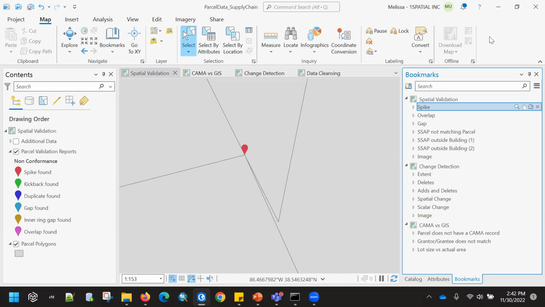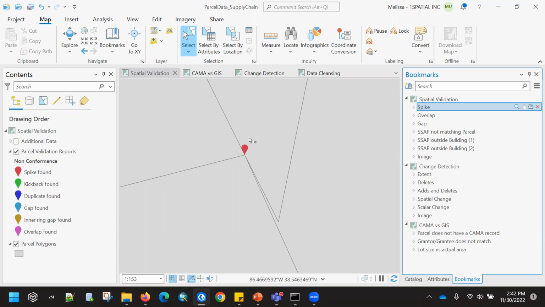I do want to mention, I didn't run all of the validations that I mentioned live, but I did run all of the workflows beforehand. So before we jump to the CAMA versus GIS parcel results, I want to start with the more basic validation results. I have here some examples of geometric issues found in parcel polygons, and that's what you're seeing right now with these teardrops. These are the kind of data quality issues that have the potential to cause increasingly complex errors as a customer's parcel data makes its way through the data supply chain.